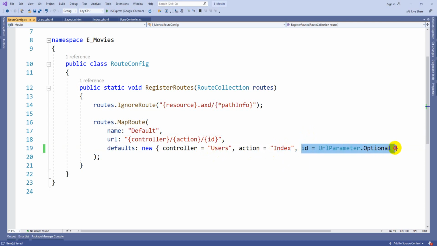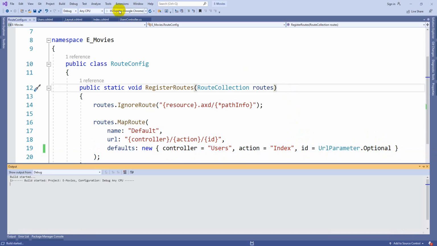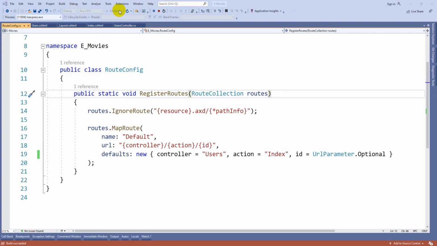As I mentioned, this is optional. In case you want to make it mandatory, you can delete that one. This pattern you need not modify, you just change the controller name and action method names. Now if you execute anywhere except the views, the Users controller is going to execute, and in that the Index action method will execute by default.